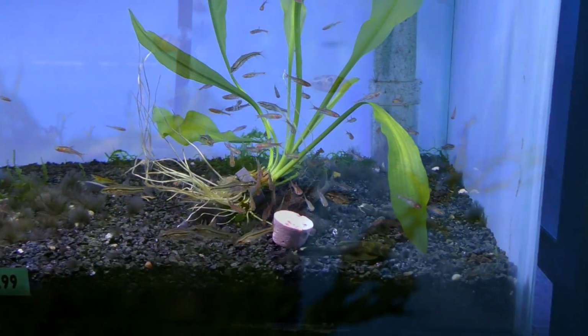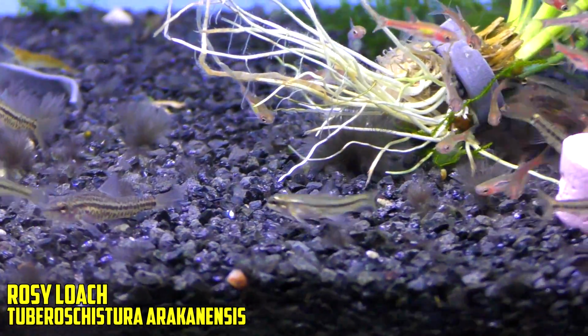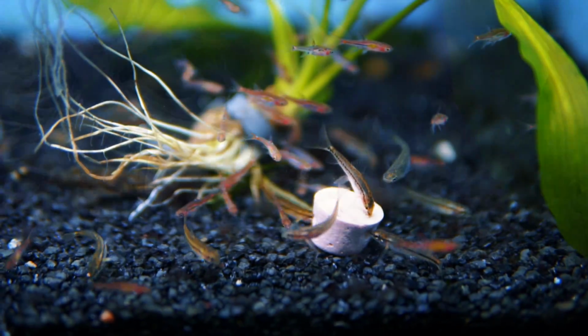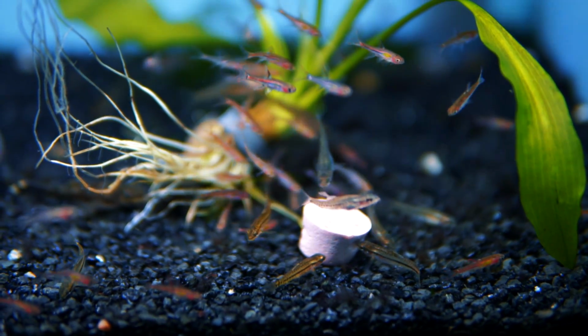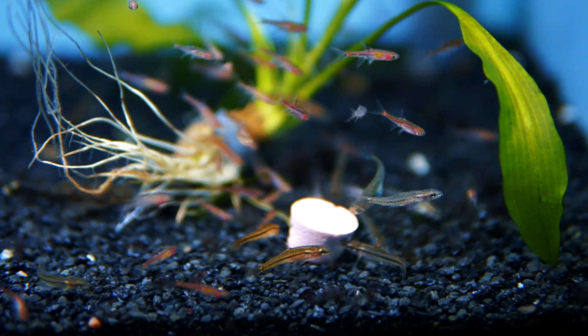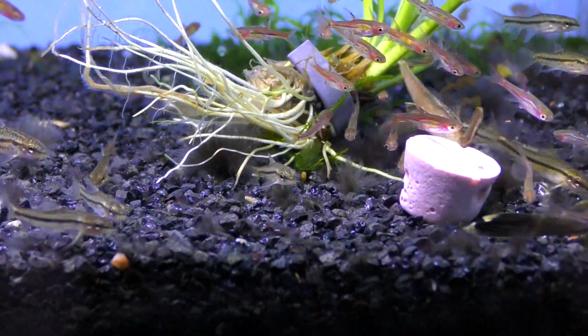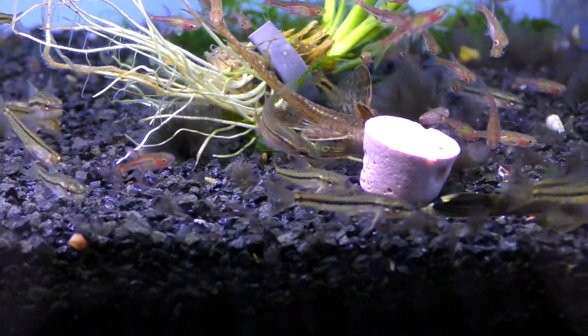Number 4, we have the Rosy loach. That's these little guys that look just brown and plain. That's what they look like here in the store, but the males color up really nice and they only get about 2 inches, and they're a great scavenger in your 5-gallon aquarium. You can even breed them in the 5-gallon aquarium. So the females get spots, the males turn this orangish reddish color, and they're just cool little scavengers to have,